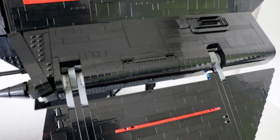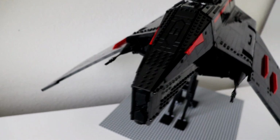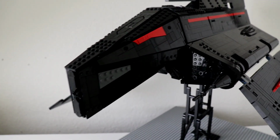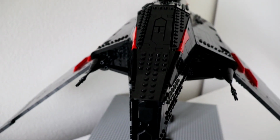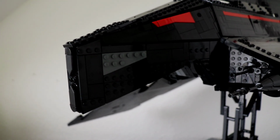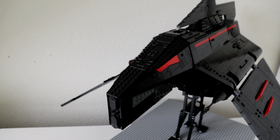I originally intended the wings to be much longer than this, but even if I used 5 of those hinges here, they weren't able to hold the weight, so I had to shorten the wings a bit. I also came up with a new cockpit design. It has more edges and an overall boxier look, which fits the First and Last Order's designs. I also added these 2 red markings here, resembling a pair of eyes. And with the front section looking like a beak, the whole shuttle in general is very reminiscent of some kind of vulture,